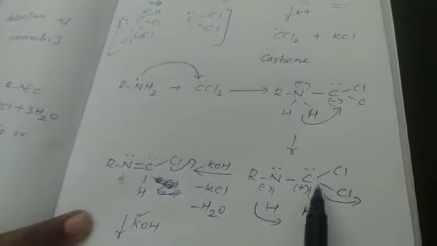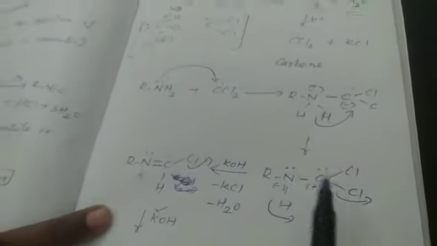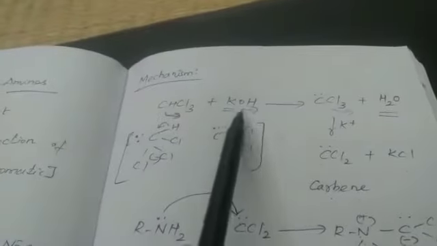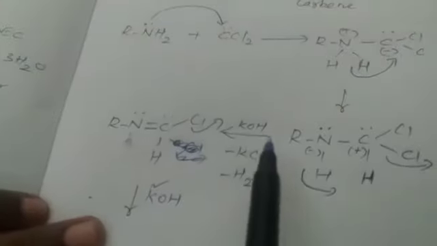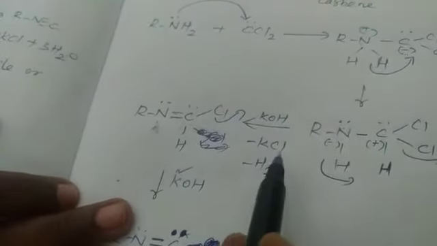So there is the bond formation as CH. Again this nitrogen will have a lone pair of electrons. And the next step: initially in this reaction we have taken 3 KOH. So here only 1 KOH reacted. So again the second KOH is getting reacted in the next step. The same step will happen.